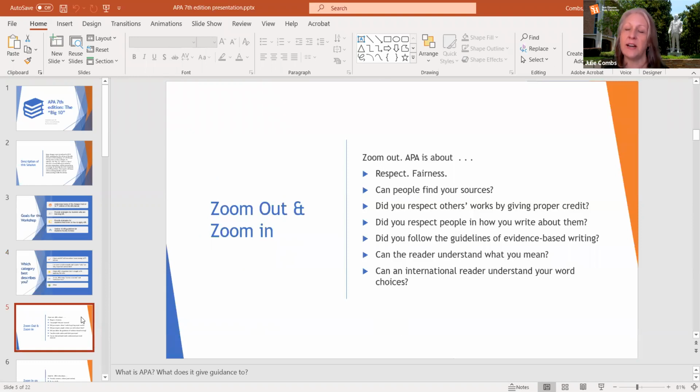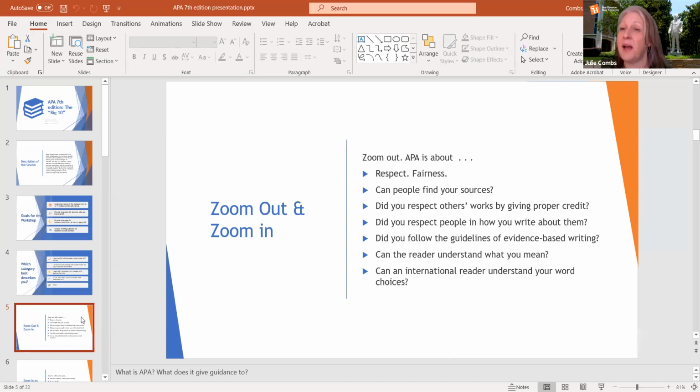So to get started, I'd like to zoom in and zoom out of APA and just talk about it from a couple different viewpoints. So let's look at it from the forest standpoint. If we were to step back, what is APA? As I reflected on all that I know about APA, a couple of keywords come to mind.